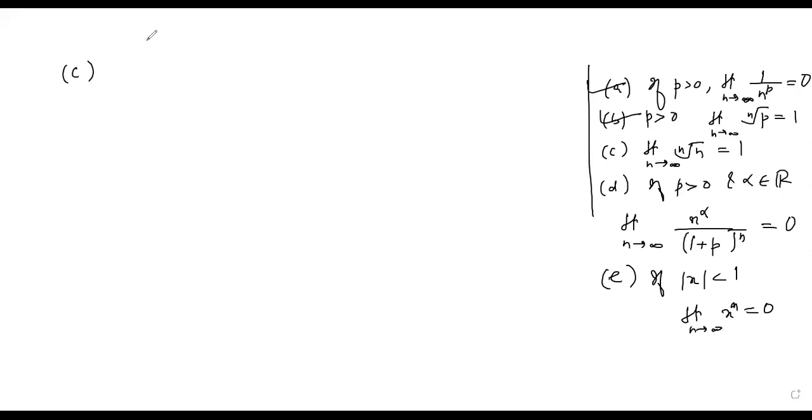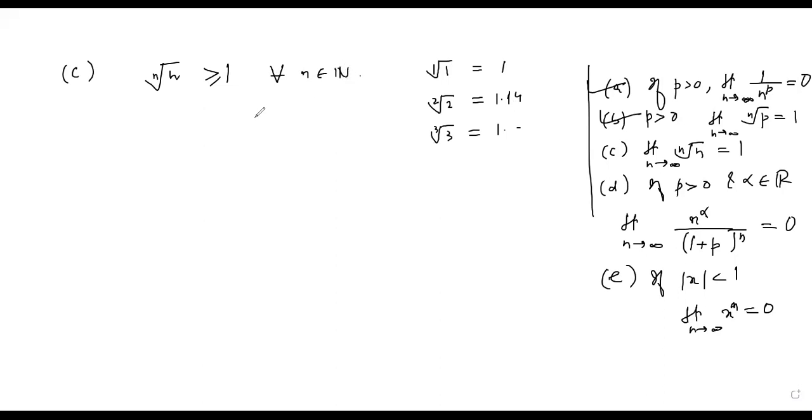Clearly, the nth root of n is bigger than equal to 1, right? Why bigger than equal to 1 should I write? Because if I put 1, what would that be? It would be 1th root of 1, which is 1. If I take the square root of 2, that's 1.14. Similarly, the cube root of 3 would also be bigger than 1. So all these numbers are always greater than equal to 1